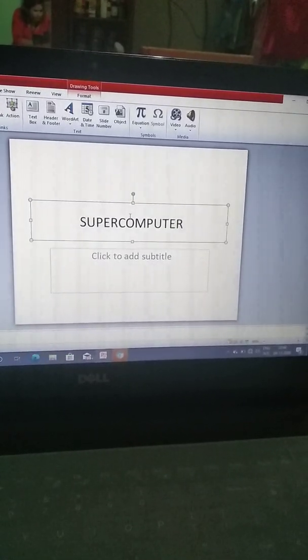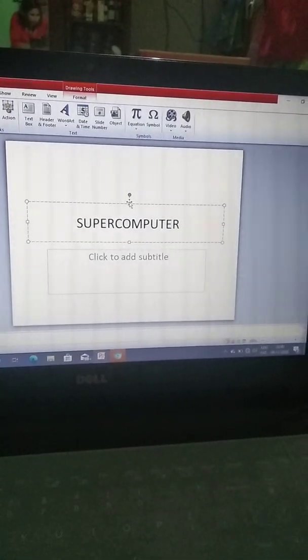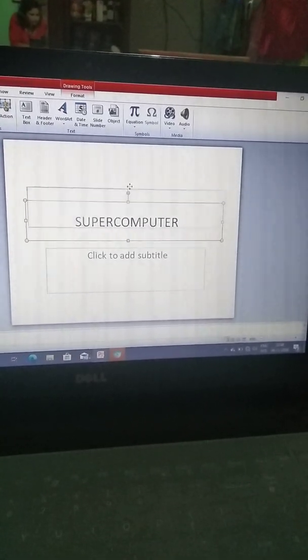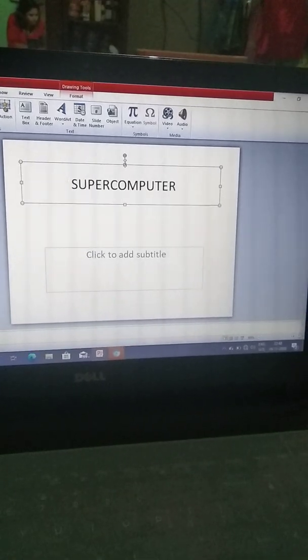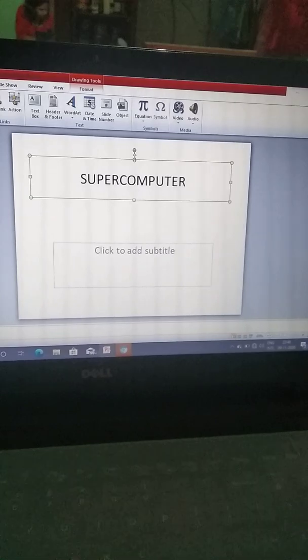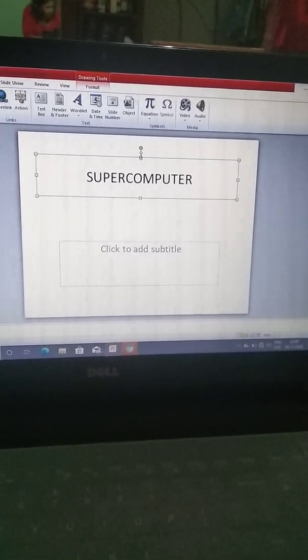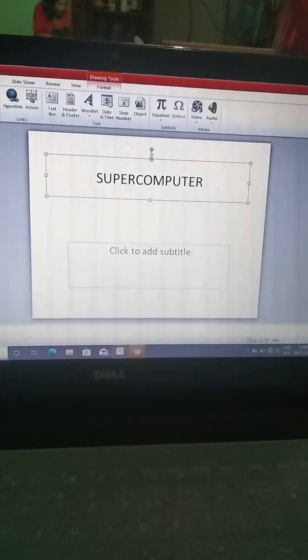Okay, now if you want to move it, then you can move it some upward. Okay, from here you can do any kind of changes according to your choice.